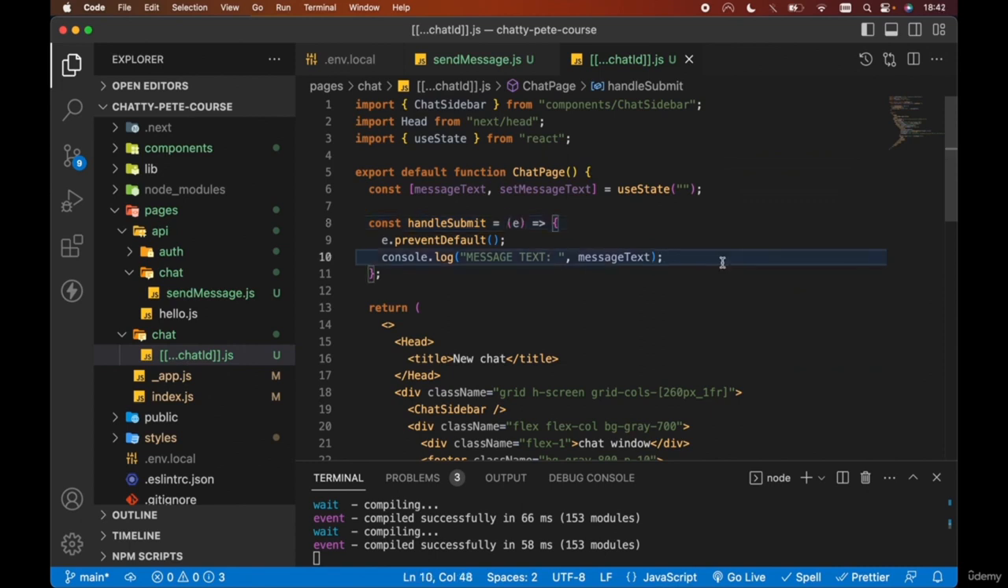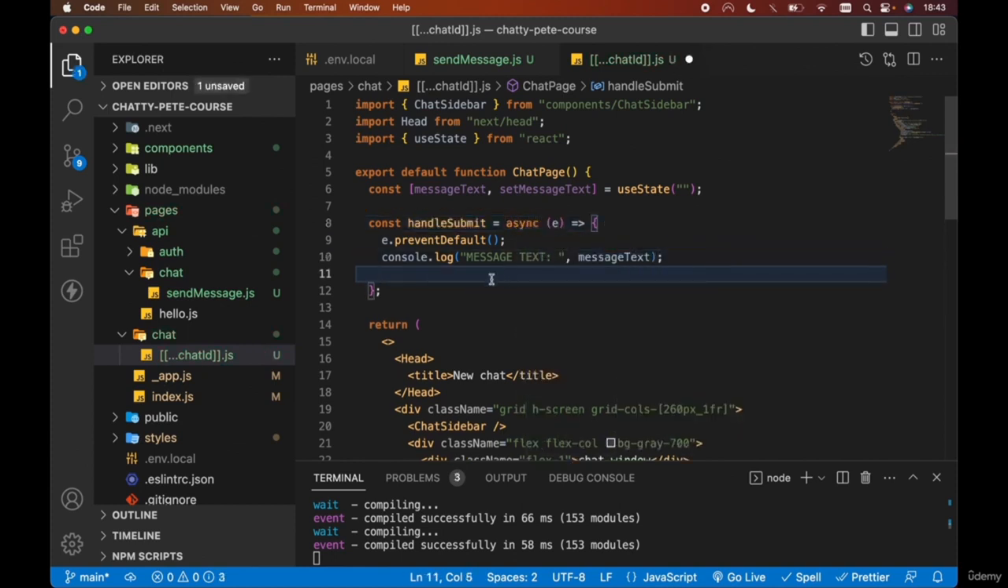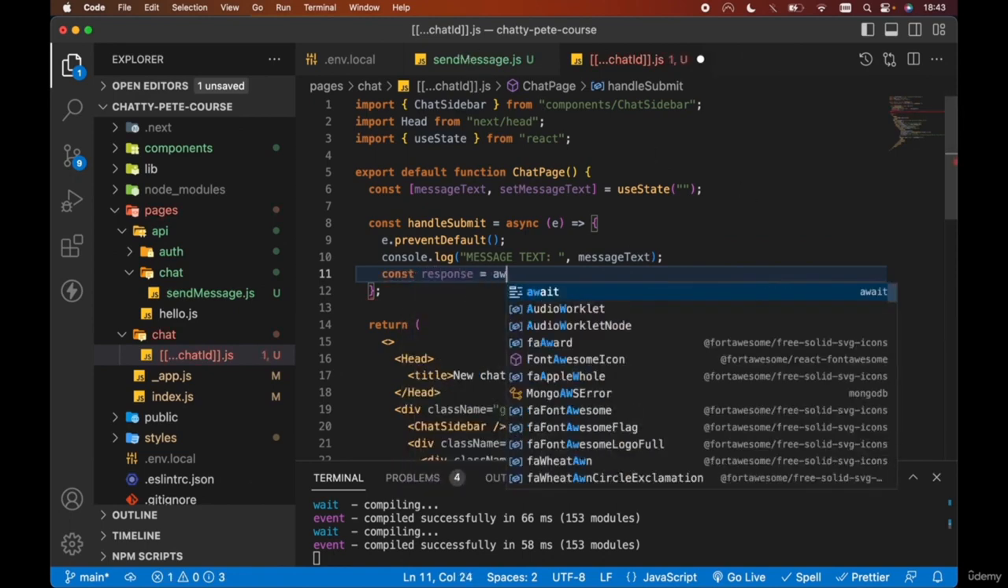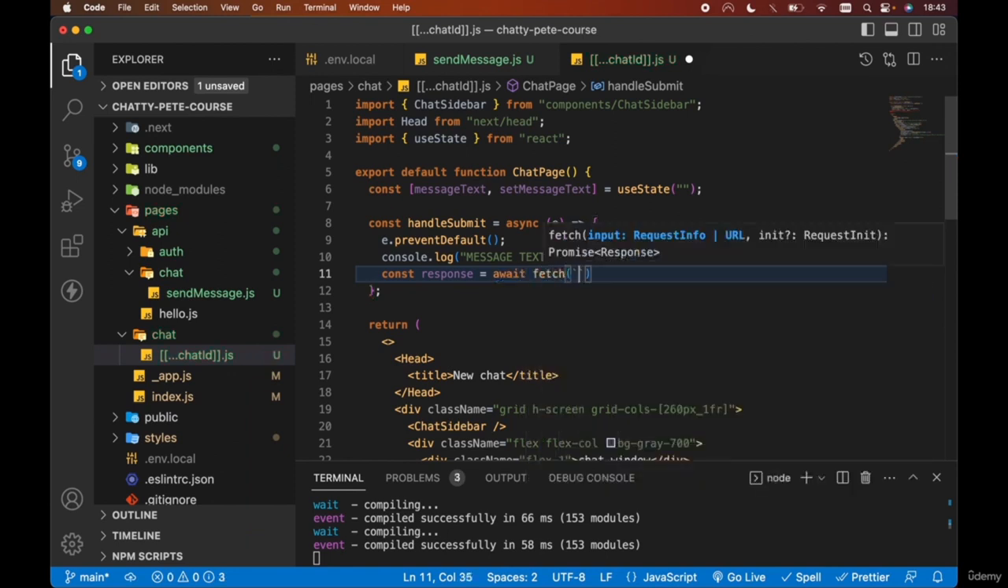In this lecture, we're going to come full circle and we're going to actually hook up our submit handler for our form and post our message to our send message endpoint and hopefully stream a response back from OpenAI. So in our handle submit function then, first of all, we need to update this to an asynchronous function. Then we need to hit our send message endpoint. To do this, we can go const response and set this equal to await fetch, and we want to hit the